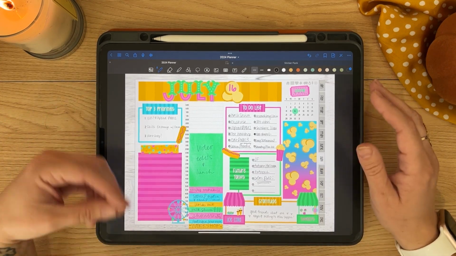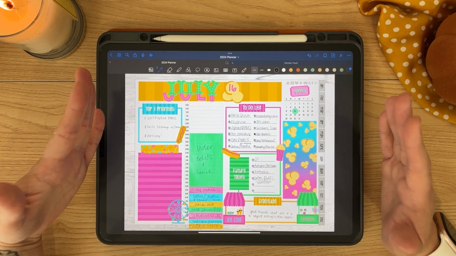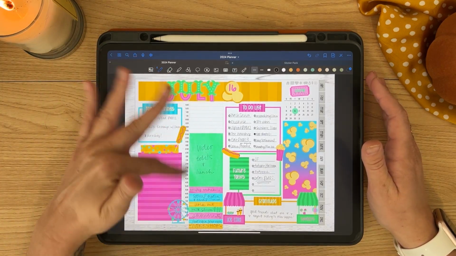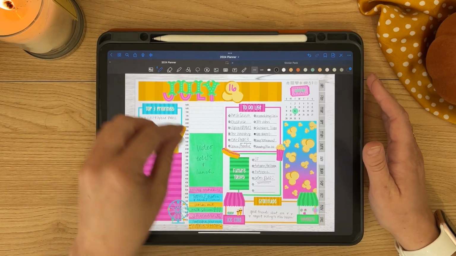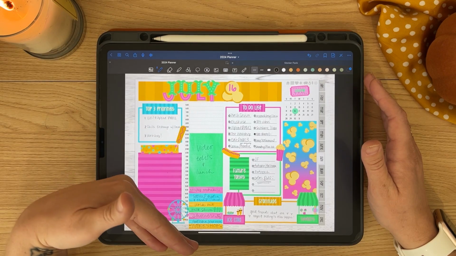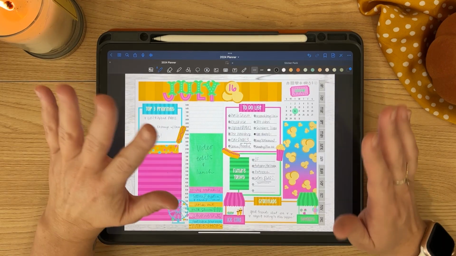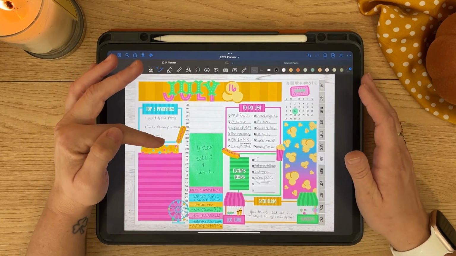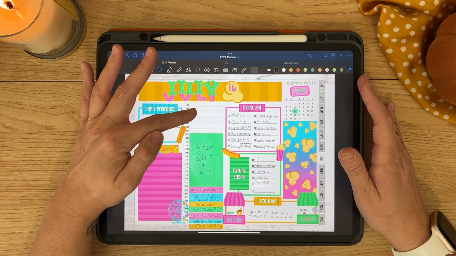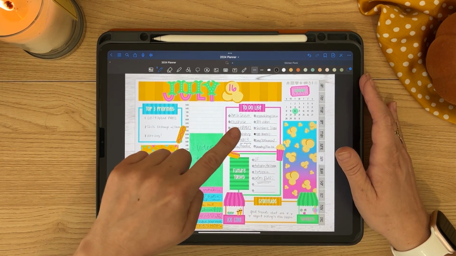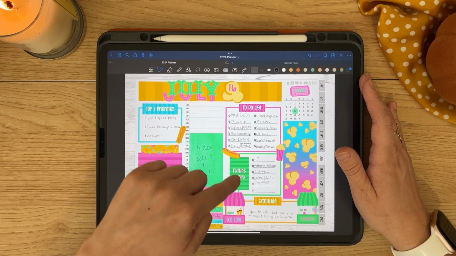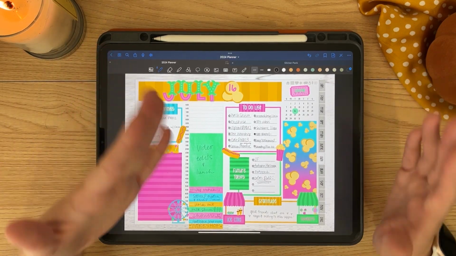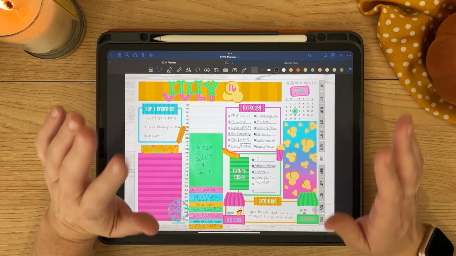But for my daily plans, I really like to keep the layout that I designed this planner in. I like to have my top 3 priorities. I really love to have my hourly or like half-hourly calendar in there because honestly, I need it. I don't know, maybe it's just the way my brain functions. I know not everybody uses something like this, but for me personally, it is a lifesaver. And then I have my to-do list and then also future tasks because my brain is constantly moving at 1,000,000 miles an hour